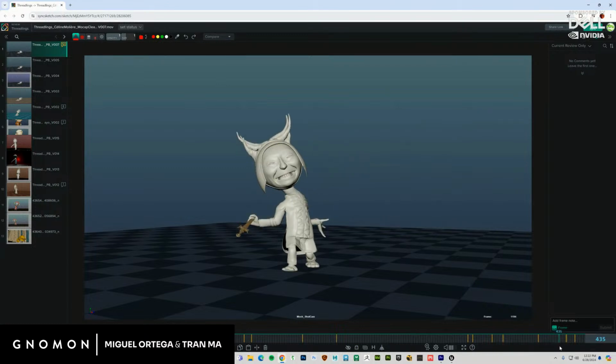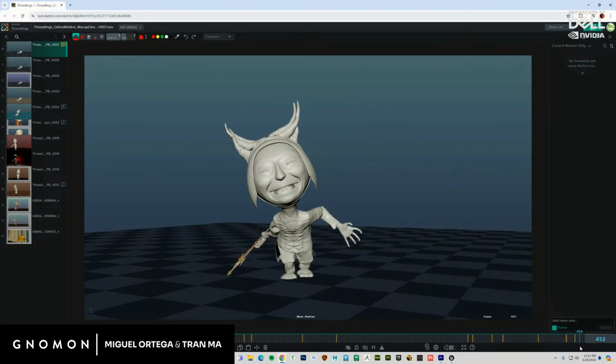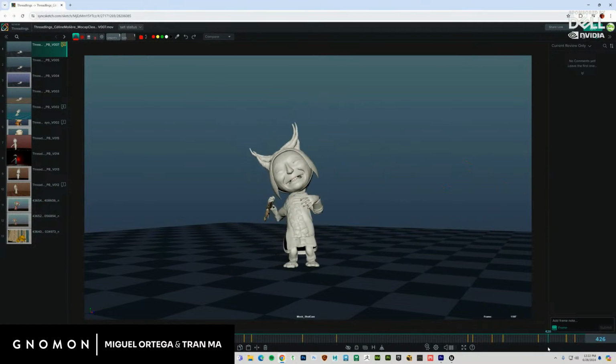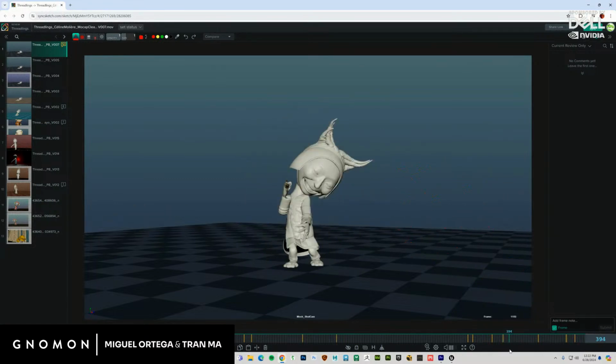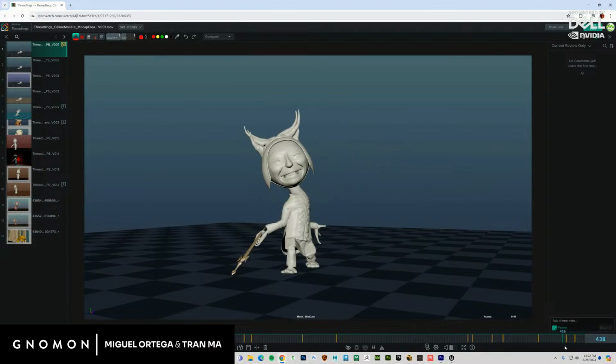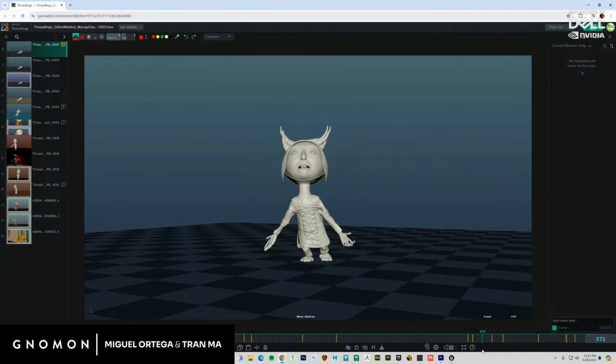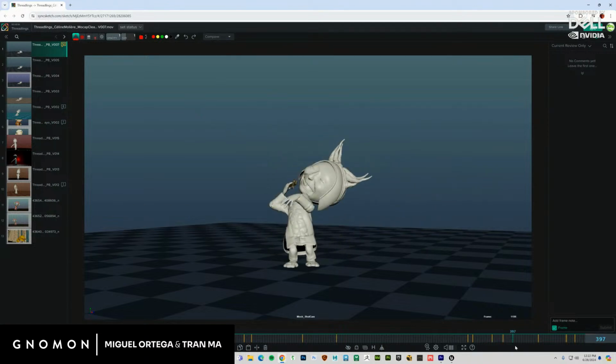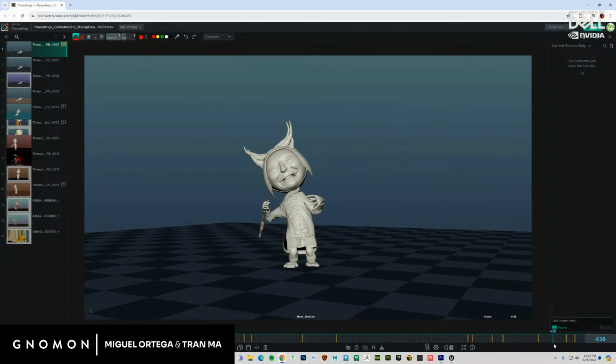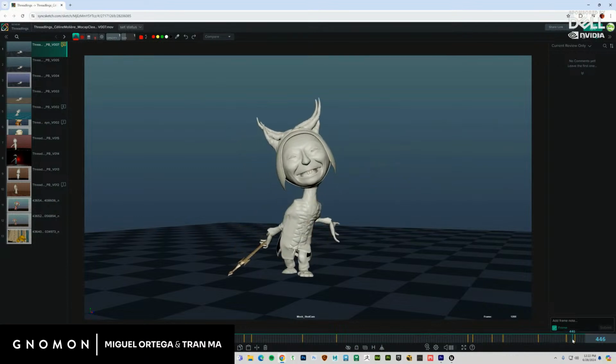He looks so demented here. Take a look at that, Tran. What is wrong with his face? Do you think he should be? Well, he looks so different with his textures. Yeah. Yeah, he needs to